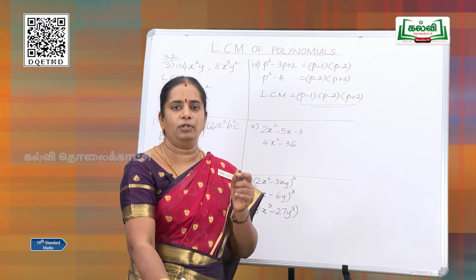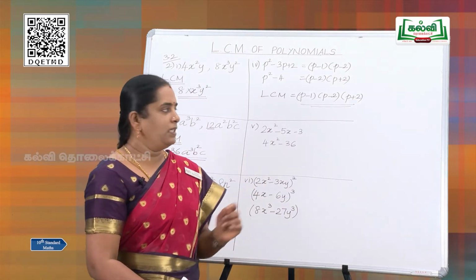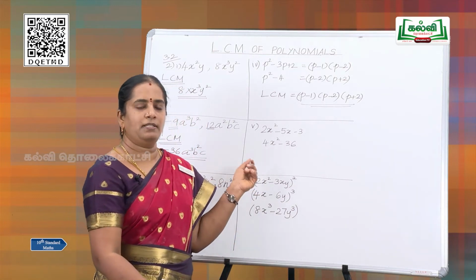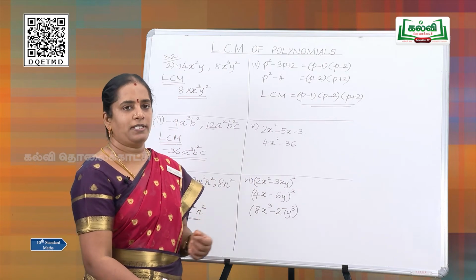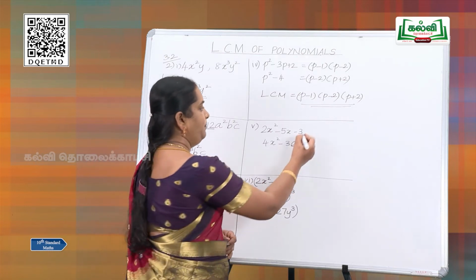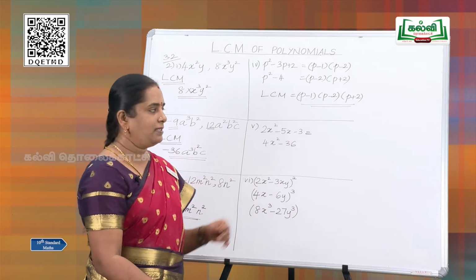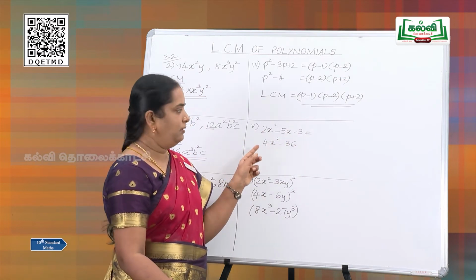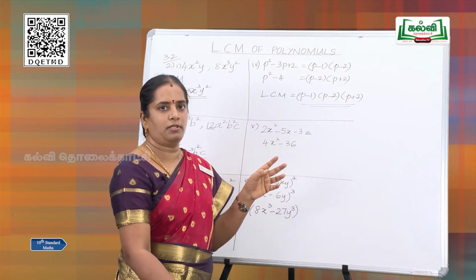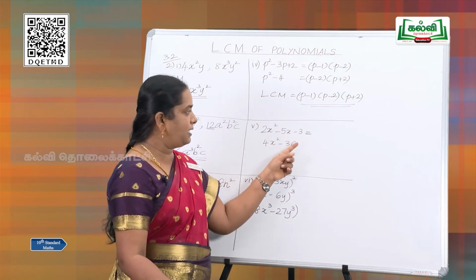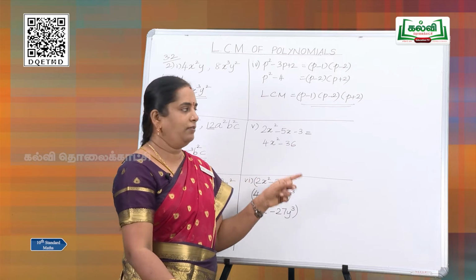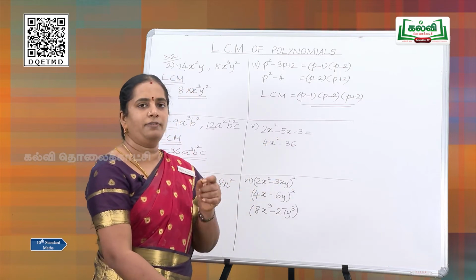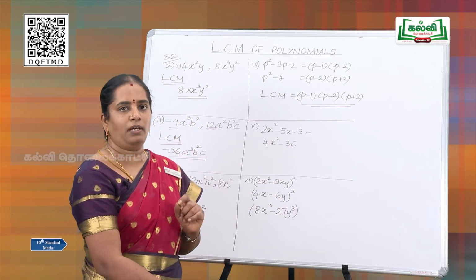Okay. Now, let us move on to the next one, where here also we have to factorize, but we have numerical coefficients also here. So, first we are going to factorize the first expression, which is a quadratic polynomial. You know how to factorize; I am going to just recall. The product of the zeros is minus 6. As the product is negative, we have to find the difference as 5. So, 6 and 1 are the answers.